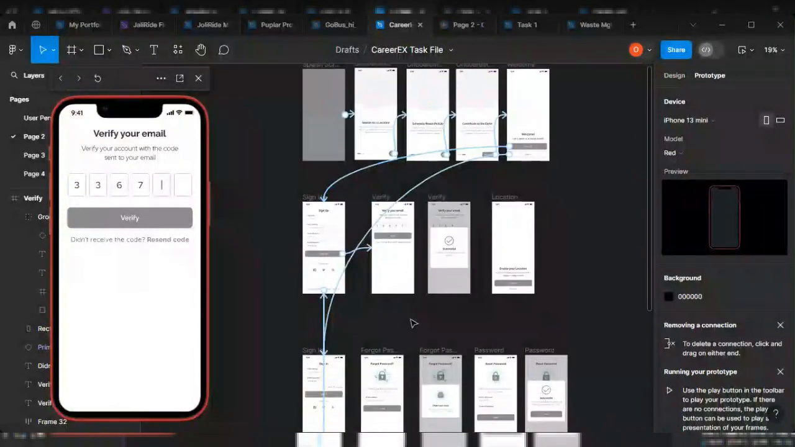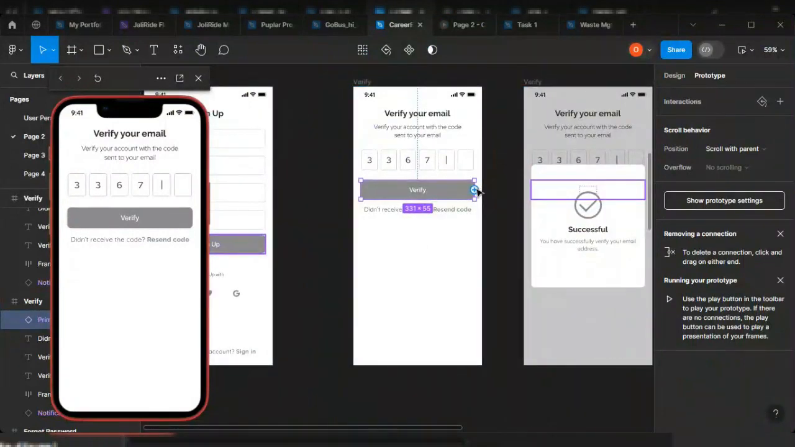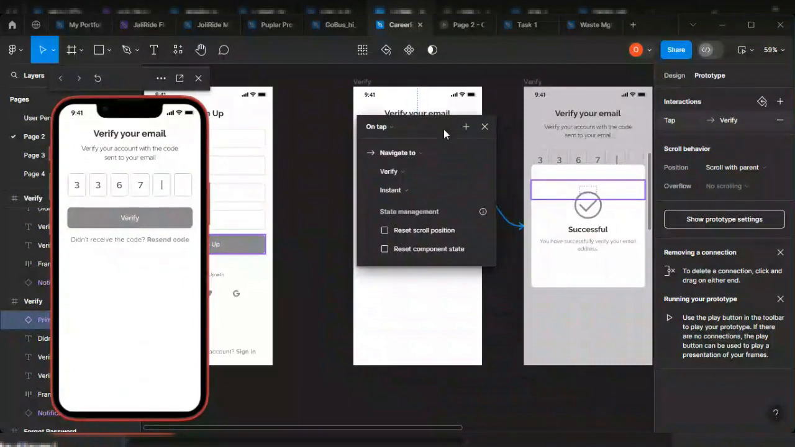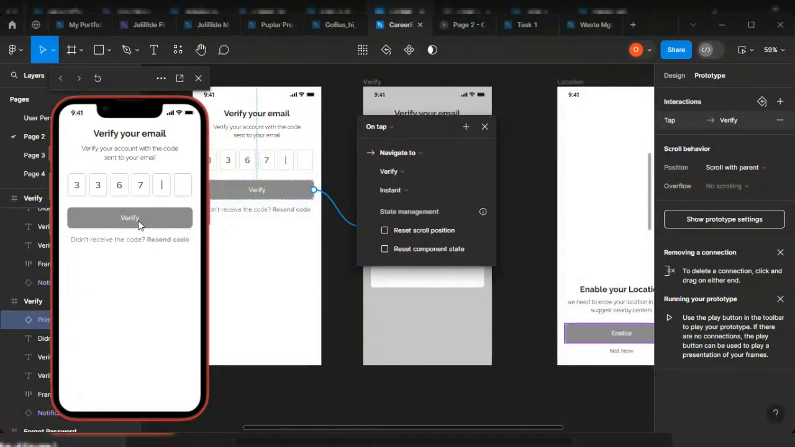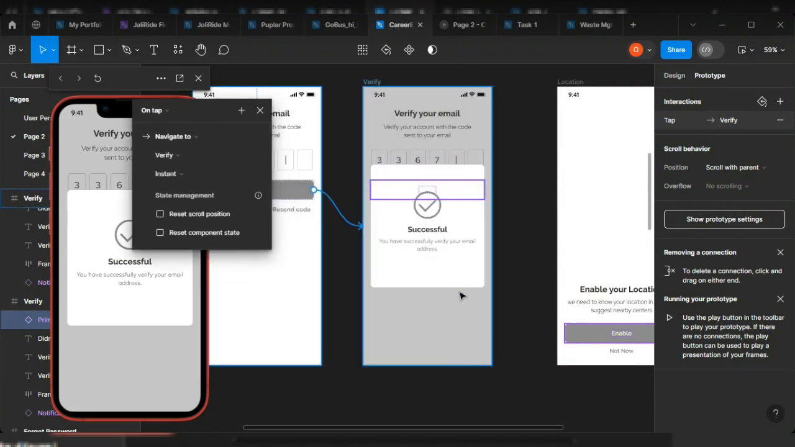Now the next thing we're going to do is link this button to show that we have successfully verified our email address. Now, I love this previous setting. Let's use these settings for now until we are doing our high fidelity, then we can change the settings. But for now, let's use instant, just move instant. Now, this is what we have, and then we have this. So let me click on this screen. Now this. So now the next is going to be